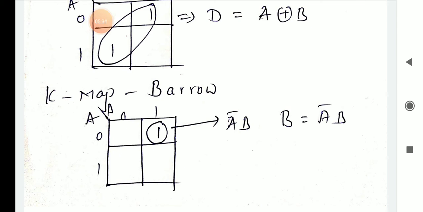How are you going to write that expression? Borrow is equal to, so this is the 1. In place of A you are having 0, so then you can take A bar. In place of B, at the topmost position 1 is there, so you can take B. So that is A bar B. That is the expression for borrow. So then we will move on to the logical design.